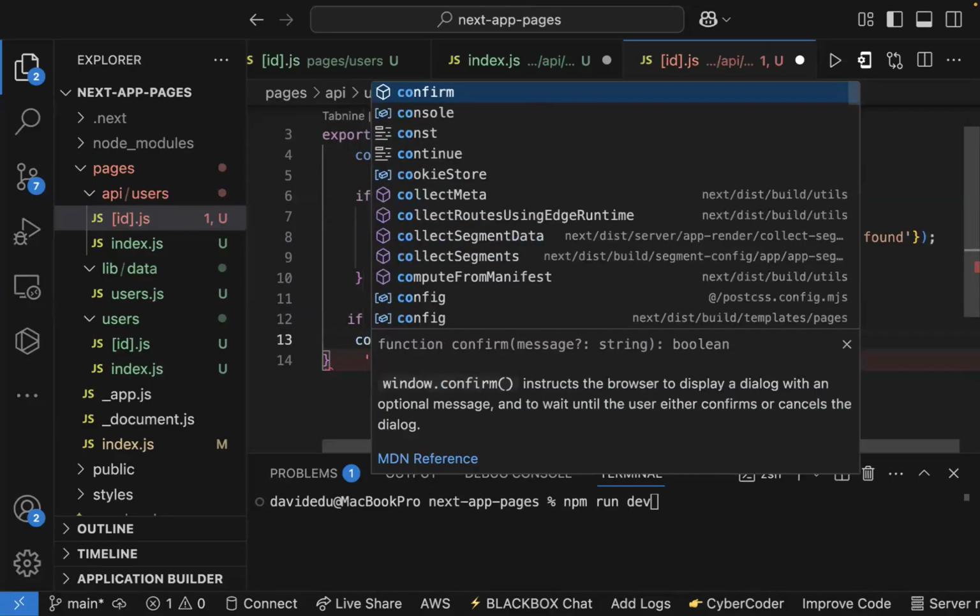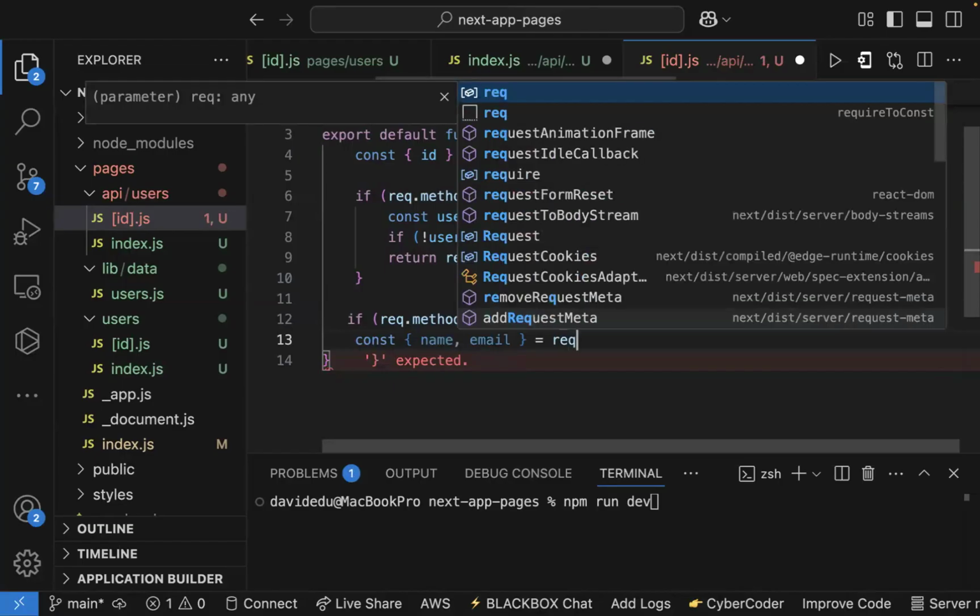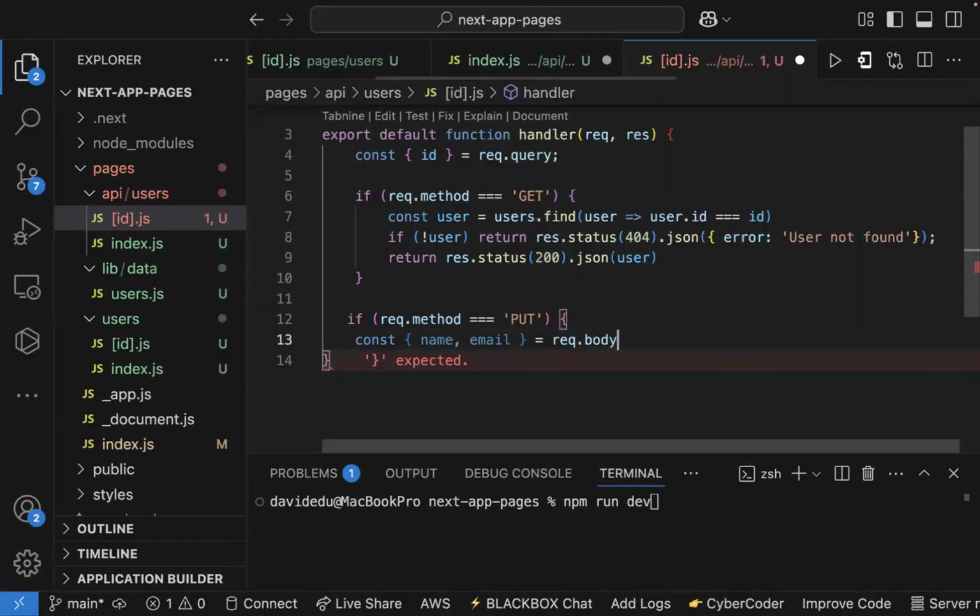So we want to request name and email. So you understand that put is to update, right? So request dot body,